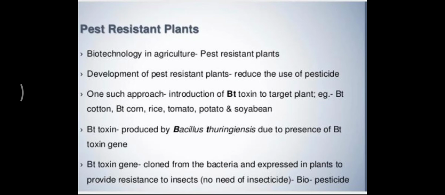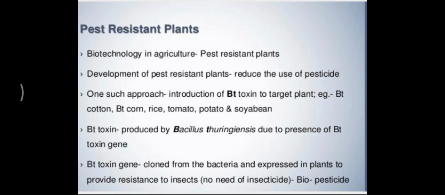Now, when pest resistant varieties were developed, it directly reduced the use of pesticides, and when the pesticide use is reduced, that means we are now not allowing a chemical to enter the food chain. One such example of biopesticide is Bt toxin. The Bt toxin is basically produced or isolated from bacteria, that is Bacillus thuringiensis, and this Bt toxin was further incorporated in various plants, and different varieties of Bt cotton, Bt rice, Bt tomato, soya bean and potato were obtained, which were having the disease resistant power